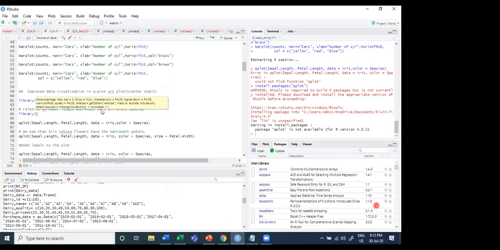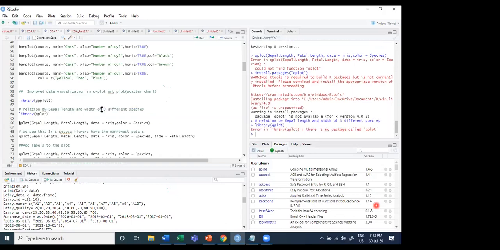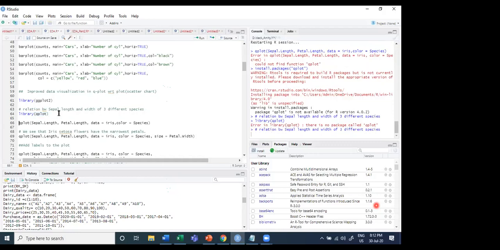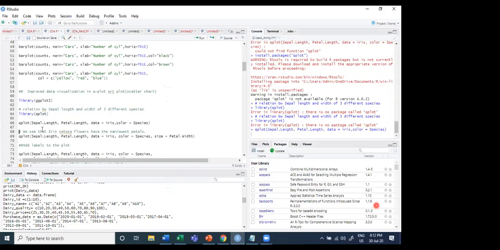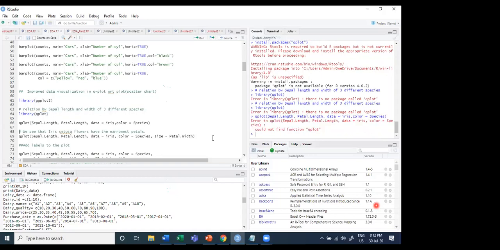So for example, you have installed qplot, call the qplot as a library. So now you are running the library. There might be some error. Let's call it again. If it is not going to function, our function will not work. Okay, again error. Let me check. Again some error is there.